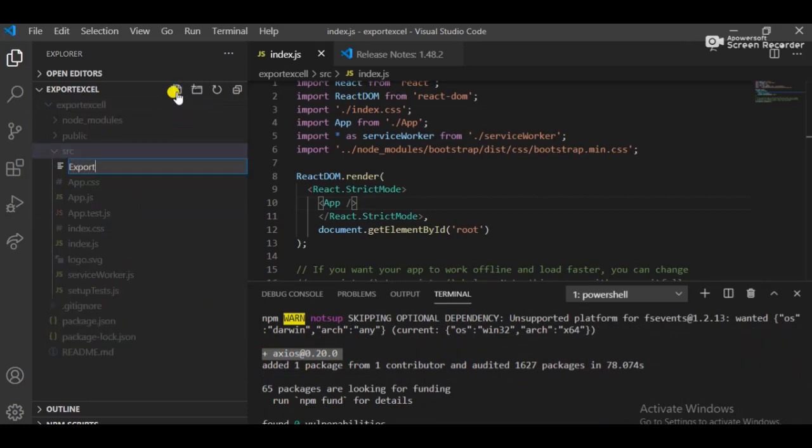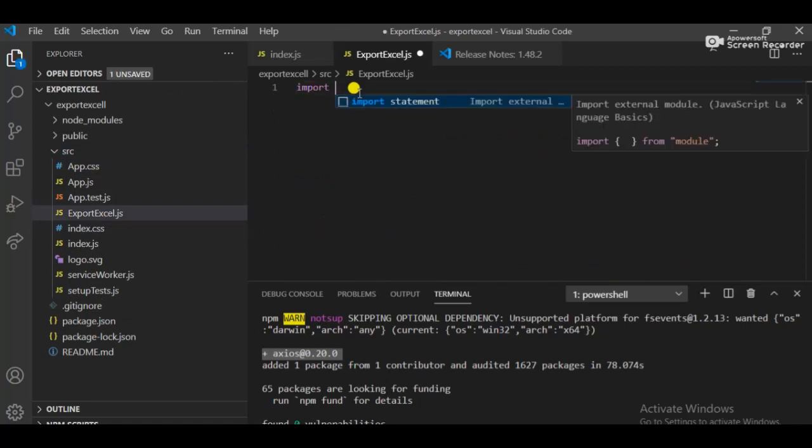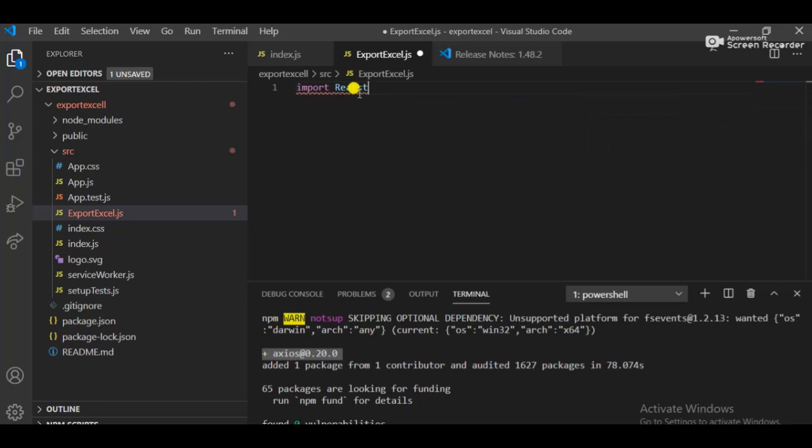This is the name of my file. I just need to get the file directory where it is. This is the React HTML to Excel.